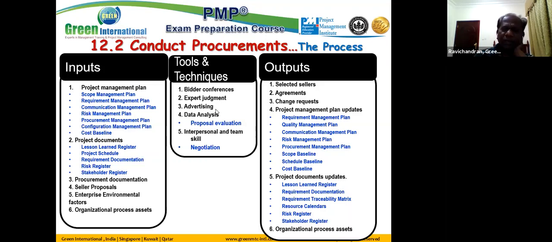Advertising is one of the techniques commonly used for soliciting the tender or proposal. Proposal evaluation is the technique of analyzing the submissions with respect to our predefined selection criteria. We may even give percentage weights for each category of selection criteria, like size of the company, past performance information, past references from the project, technical capability, demonstrating the technical capability, demonstrating the project management capability,